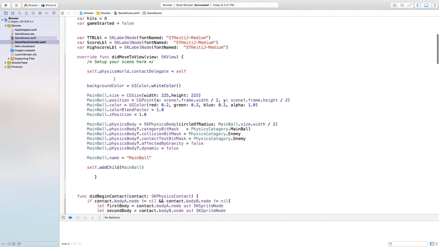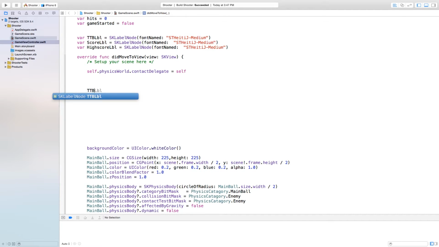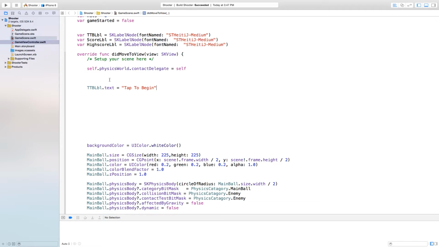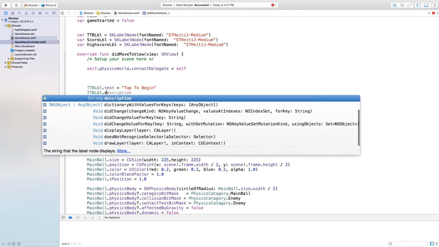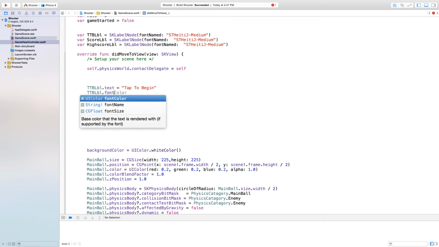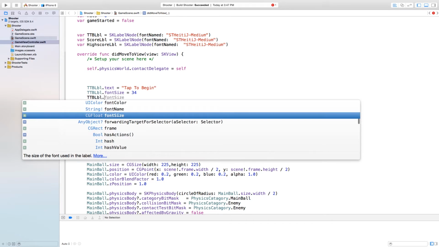Now let's go into our didMoveToView, and I'm just going to set them onto my scene. So first off, I'm going to say ttbLabel.text will be equal to, and this is going to be tap to begin, like so. And now I need to set the font size for my label, so I'm going to easily say ttbLabel.fontSize, like so, will be equal to, and this is just going to be 34, 35, around that area. Then I need to set the position of my label, so I'm going to say ttbLabel.position